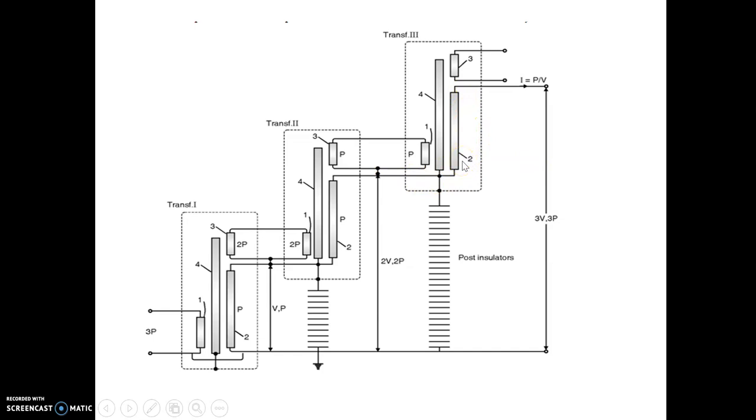And you know the transformer functioning. Even if it is stepping up or stepping down, the load on all windings has to be the same. So if this is P, the load on the primary winding of the third stage should be P. Understood? So this P, again as you are requiring load P, means the tertiary winding of the second stage should be P. And this should also be P, because this P has become thrice P here. So P and P. So what should be the load on this? P plus P, because this secondary, meaning tertiary and secondary, you can see is the second side of the transformer.